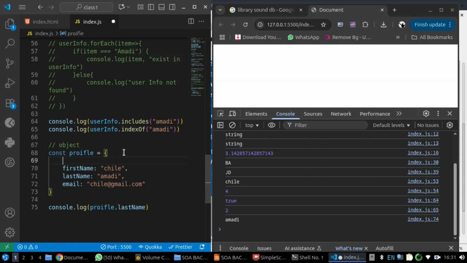Remember, we did the same thing with our array and we got another value. Let's say age, and I put 12. Now you notice that the addition of age here does not prevent me from getting Amadi, the last name, as long as it exists. So let's